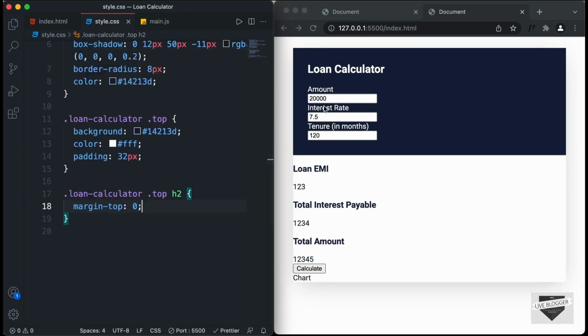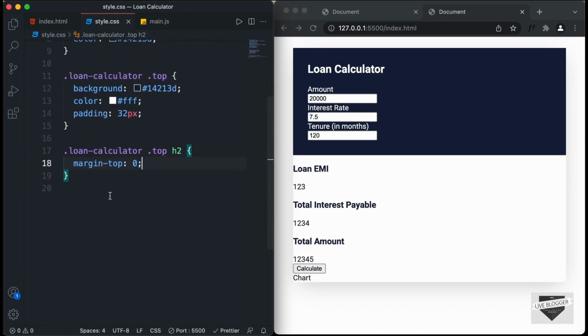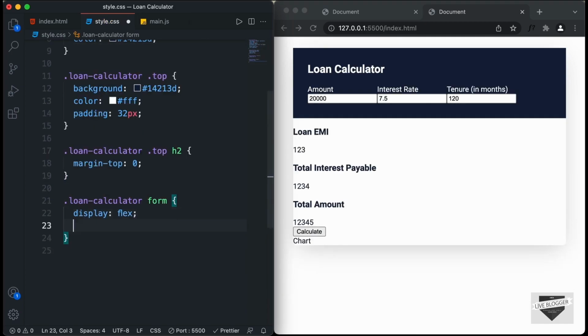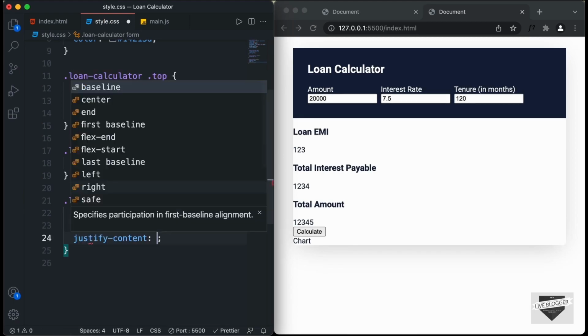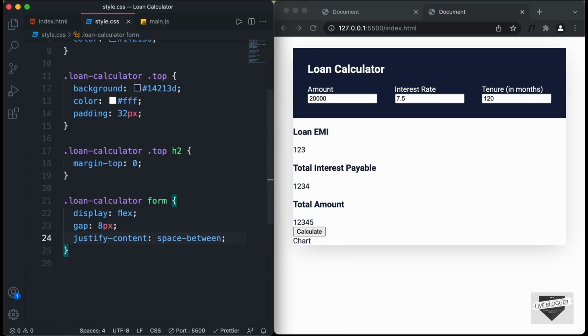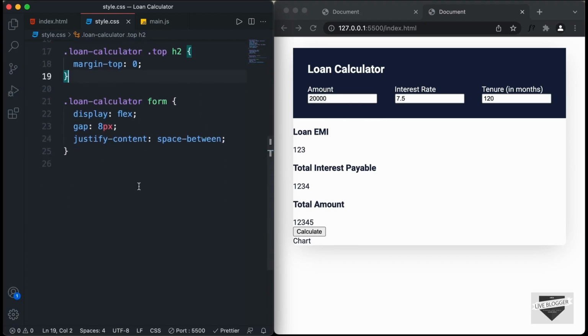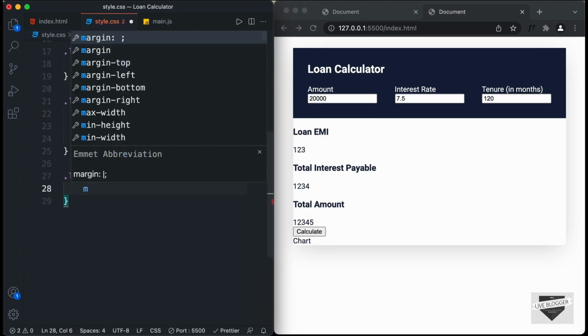Right now we want all these groups to be one next to the other. So let's target the form. So I'll just type loan calculator form, and let's set the display to flex. And we'll also set a gap of 8 pixels between each of them, and we'll set the justify content to space between, so that they have the correct spacing. Now we will have some gap between the title and this input field. So let's type loan calculator, and we had given it a class of title. So let's set the margin bottom